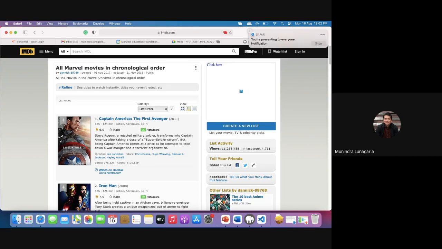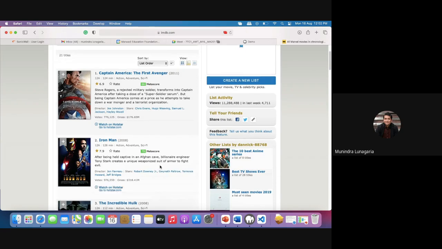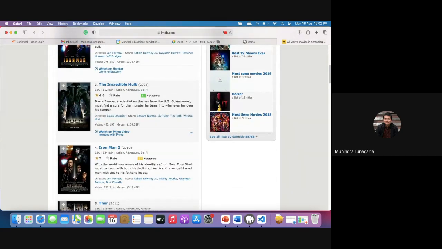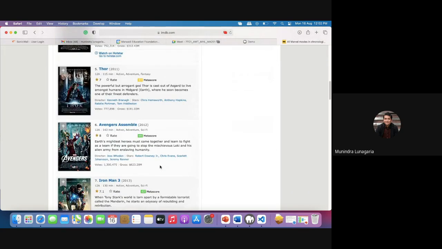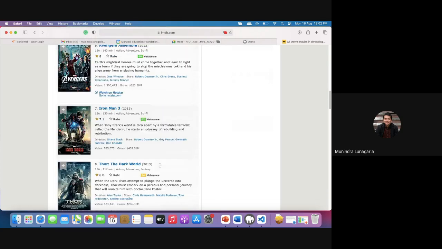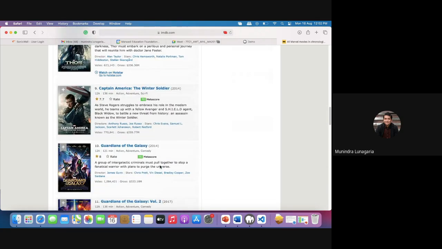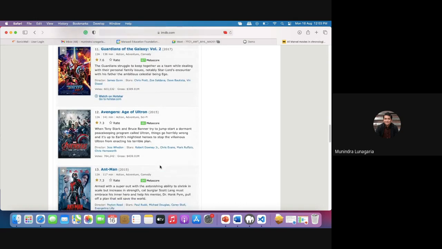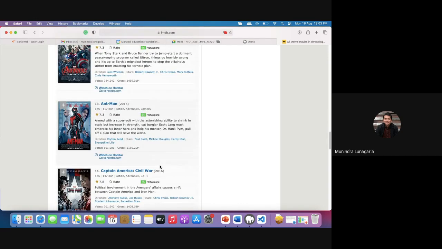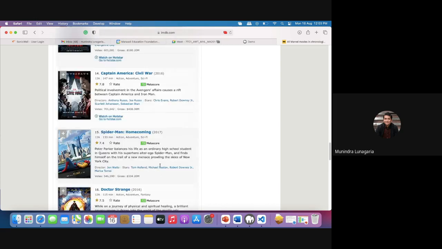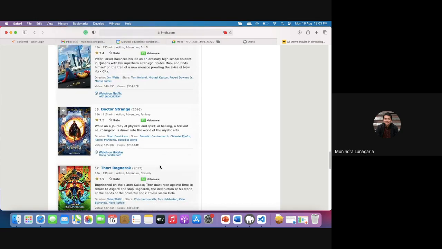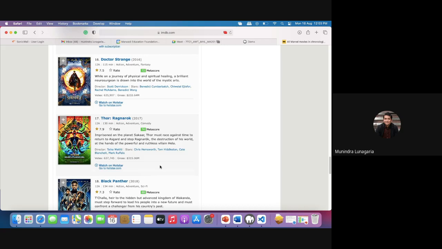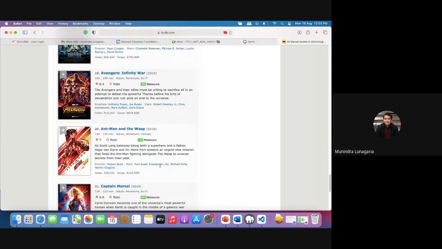You can see all the movies of Marvel, starting from Captain America, Iron Man, Incredible Hulk, Iron Man 2, Thor, Avengers, Iron Man 3, Thor, Captain America: Winter Soldier, Guardians of the Galaxy 1, 2, Avengers: Age of Ultron, Ant-Man, Captain America, Spider-Man Homecoming, Doctor Strange, Thor Ragnarok, Black Panther, Infinity War, right?